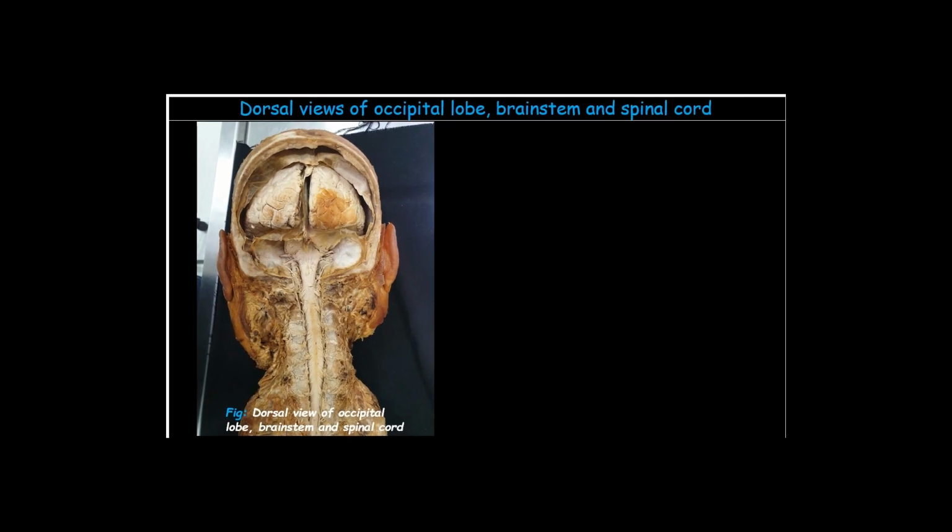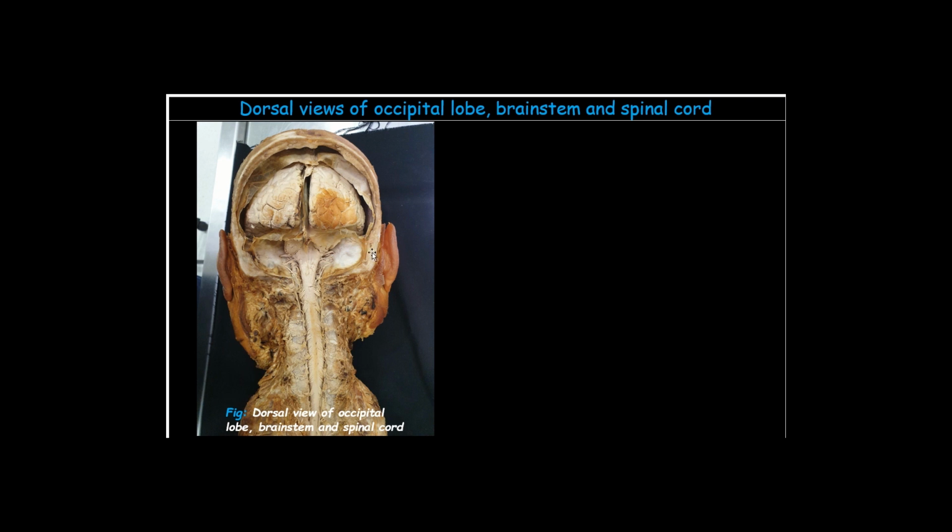Right, so here we're looking at the back of the brain and the brainstem. We can see that the cranial vault has been removed from the back, and you can see the occipital lobes of the cerebral cortex over here. You can see the meningeal partitions of the dura mater here as well. This is the tentorium cerebelli, and that is actually forming the roof of this region here, which is the posterior cranial